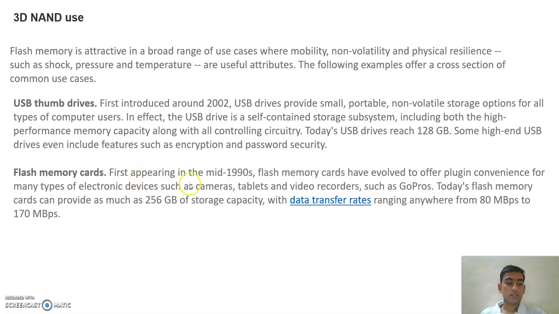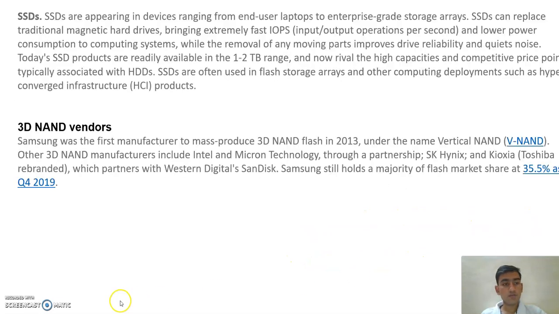Flash memory cards, first appearing in the mid-90s, have evolved to provide plug-in convenience for many types of electronic devices such as cameras, tablets, and video recorders such as GoPros. Today, flash memory cards can provide as much as 256 GB of storage capacity with data transfer rates ranging from 80 Mbps to 170. In solid state drives we also use 3D NAND, appearing in devices ranging from end-user laptops to